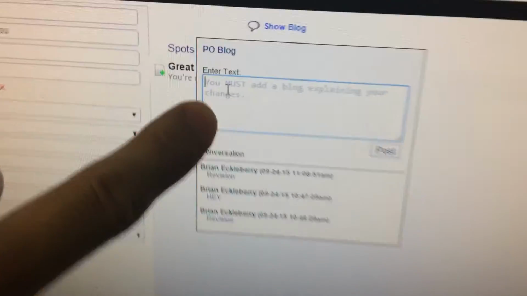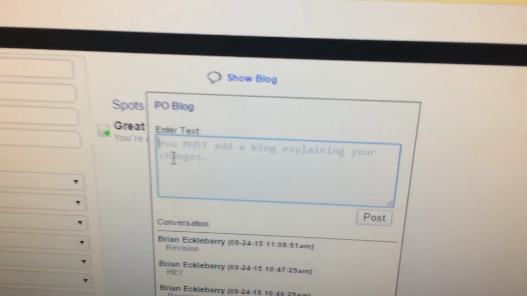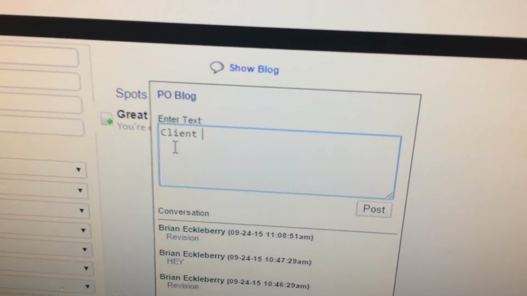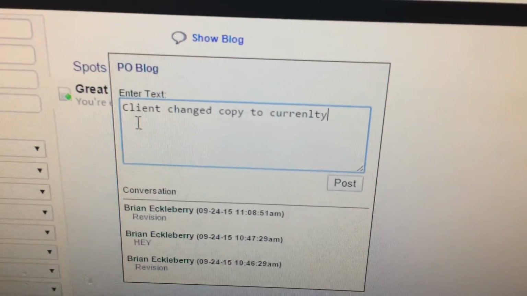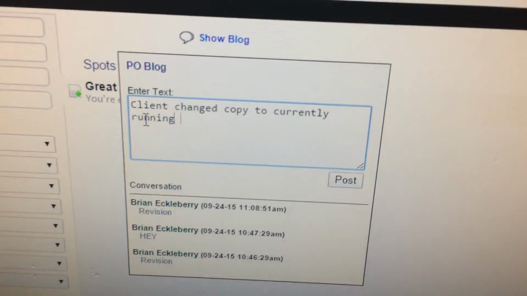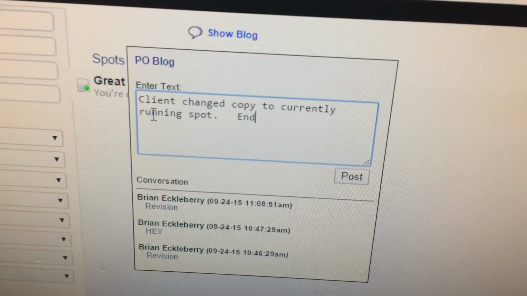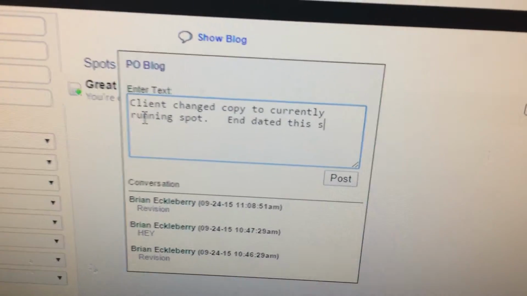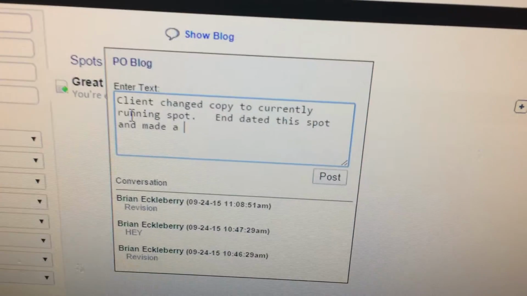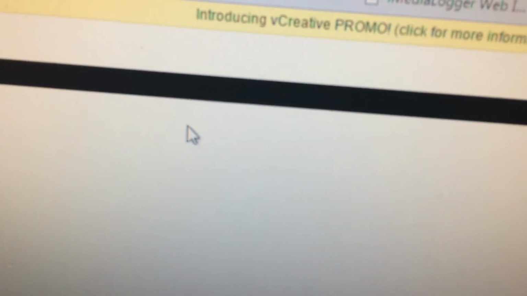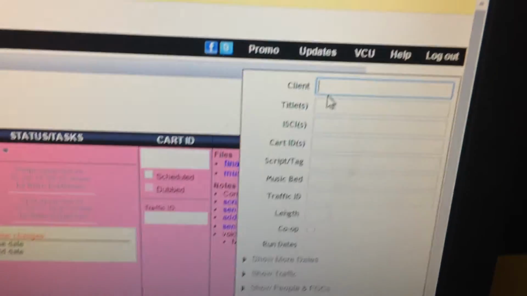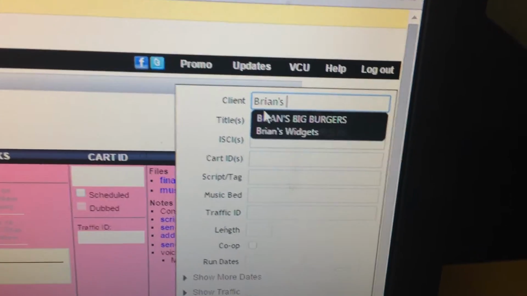The last thing we need to do is make a blog entry on why we did this. Client changed copy to currently running spot. End dated this spot and made a new PO. That's pretty descriptive. Post that and now we submit this PO. So now we've got this revision. Let's go back to searching for all of our Brian's widgets and you will see a beautiful picture